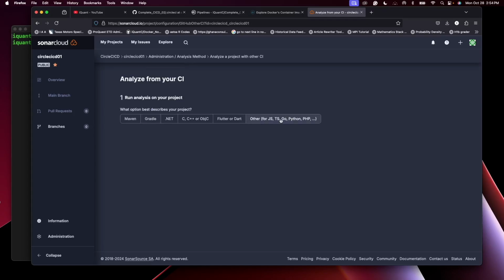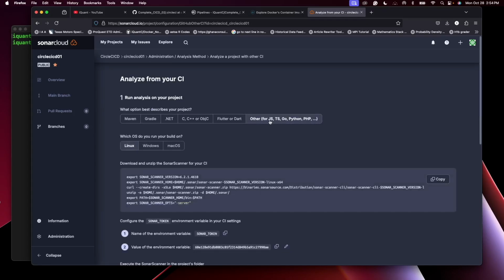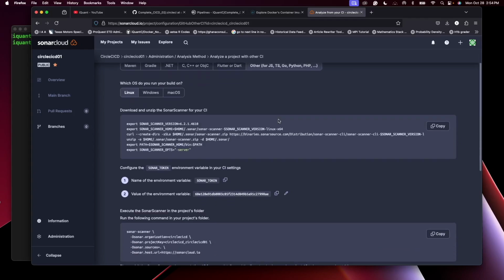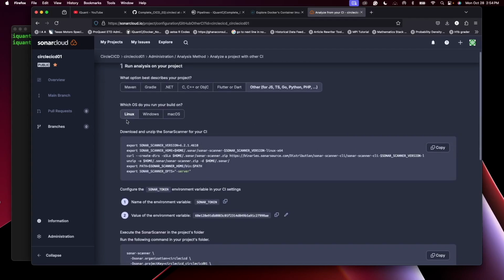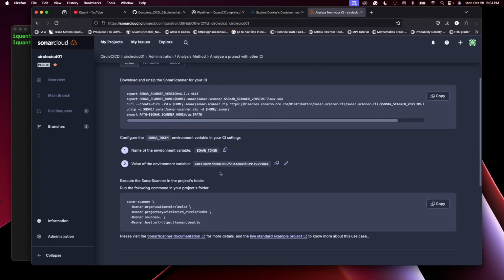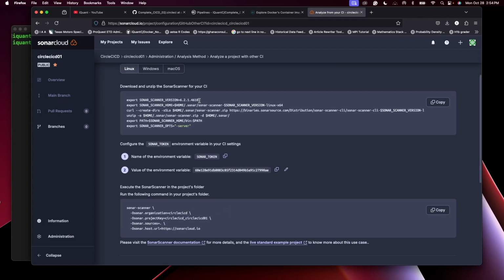Click on that. Our code is Node.js, so you see JS here. So we pick this. And you're going to use a Linux environment. Even though it's a container that we are using, it will have a Linux environment. So this is how you would install SonarScanner for our CI pipeline. And then we need to store this Sonar token. And then this is how we will scan our project. So with this command here,